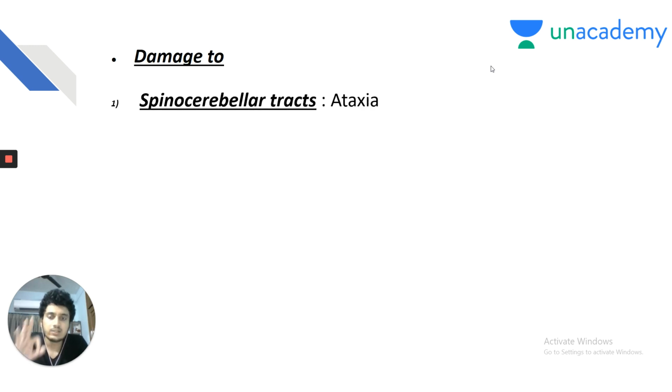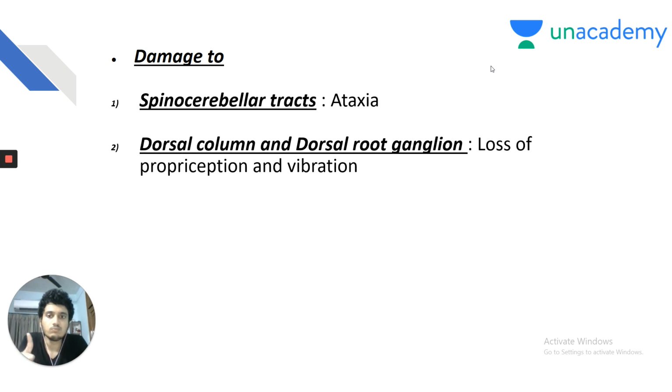So basically, three tracts are involved: spinocerebellar tract leading to ataxia, dorsal column and dorsal root ganglia leading to loss of proprioception and vibration. Again, my dear friends, there are five sensations which are chiefly carried out by the posterior column. These must be at your fingertips. They are proprioception, vibration, fine touch, and stereognosis, and also pressure sensations. So basically, five sensations carried by the dorsal column,